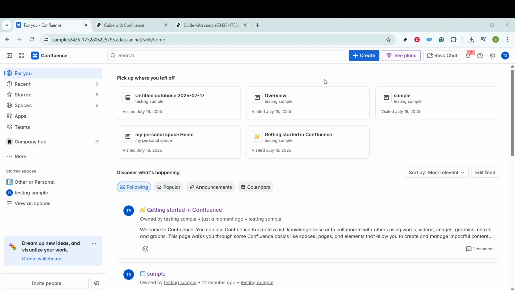To get started, navigate to your Confluence homepage. This is typically the first step and the main hub from which you'll access all your workspaces and projects. Once you're on the homepage, you'll want to choose the specific workspace where you'd like to add the video. It's important to pick the right workspace because this is where your team will look for the information related to